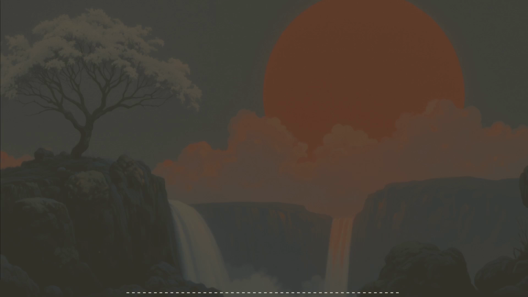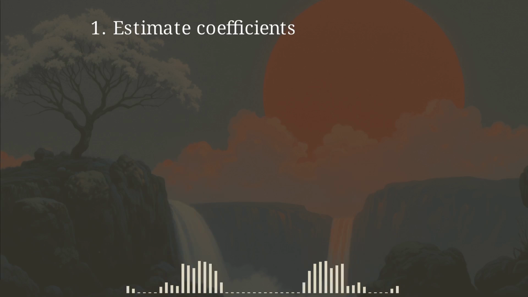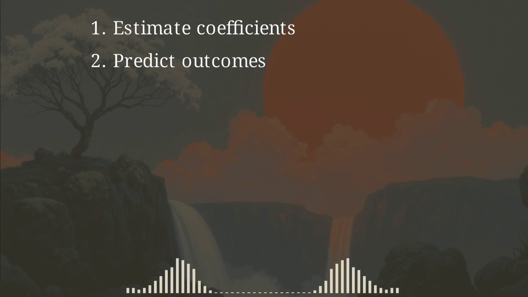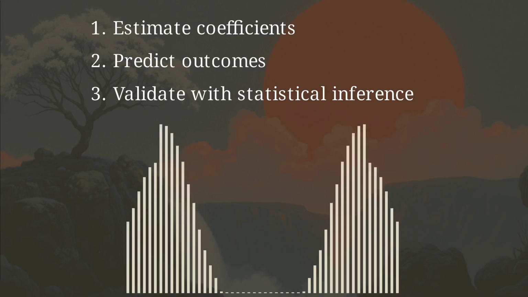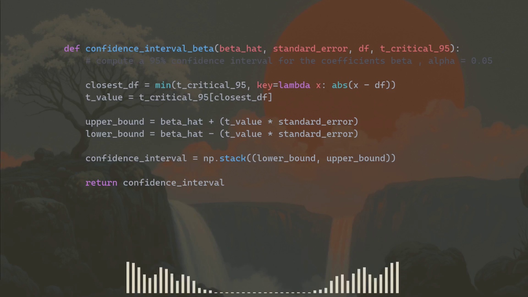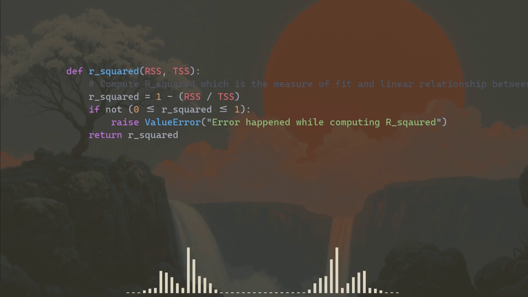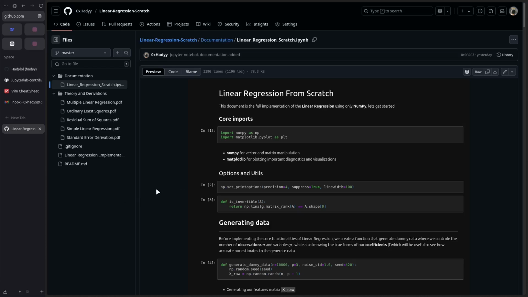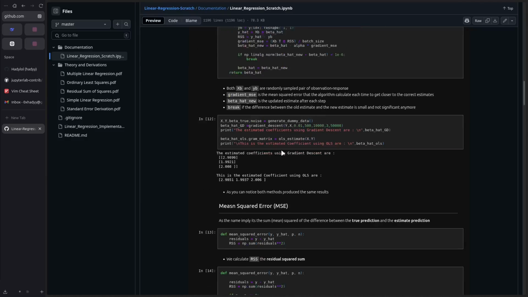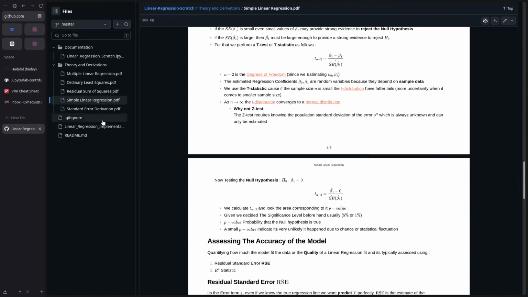Anyway, linear regression is simple. Estimate some coefficients, predict stuff, check if you are on the right track with statistical inference, and if you are worried, construct some confidence intervals, test the hypothesis, and check the R-squared, and you are good to go. And if you want more details, theory, math, derivations, check the special GitHub repository I made,